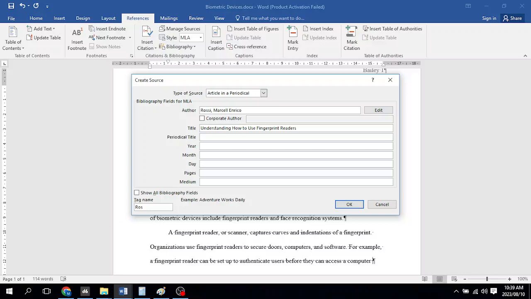Okay, so now we need to type the periodical's title, and this specific periodical's title was Digital Security Review. What is the year? The year is 2014, so you can just add it in, 2014. The month being August. I'm putting in a full stop, abbreviated, just AUG. Then